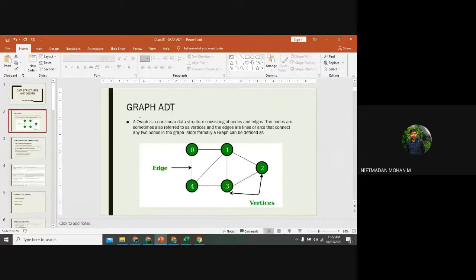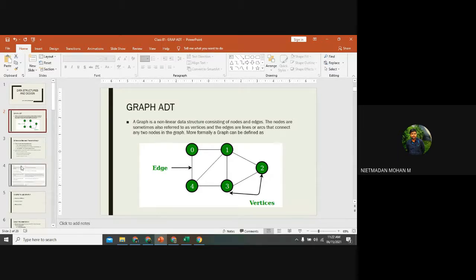And we started the graph in the fifth unit in the previous class. The graph is a representation of a nonlinear data structure. It is also a hierarchical process. In this, the nodes are represented as vertices, and the edges connect the nodes. In the tree, we mentioned the elements as nodes, and here we are mentioning them as vertices.